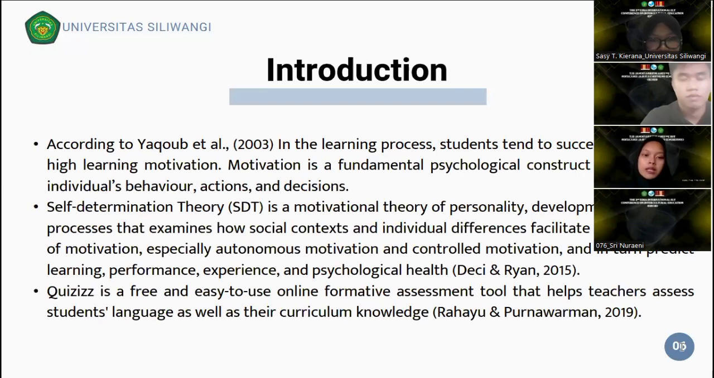state that self-determination theory, or SDT, is a motivational theory of personality development and social processes that examines how social context and individual differences facilitate different types of motivation, especially autonomous motivation and controlled motivation, and in turn predict learning, performance, experience, and psychological health. Here, our group uses two types of motivation from the theory of self-determination. The first is intrinsic motivation that comes from hobbies, and extrinsic motivation that comes from score obtained to fulfill grades,